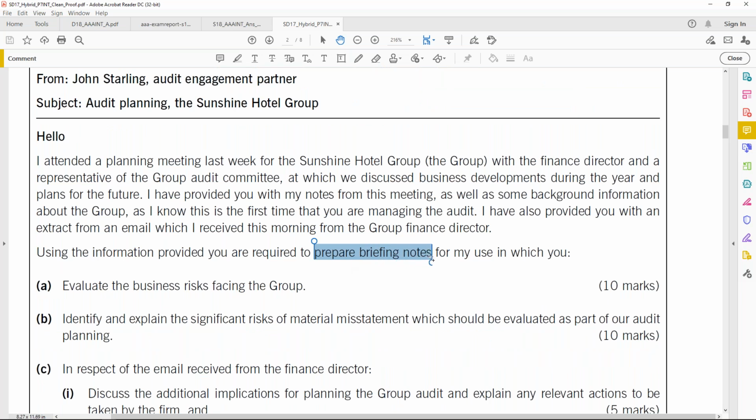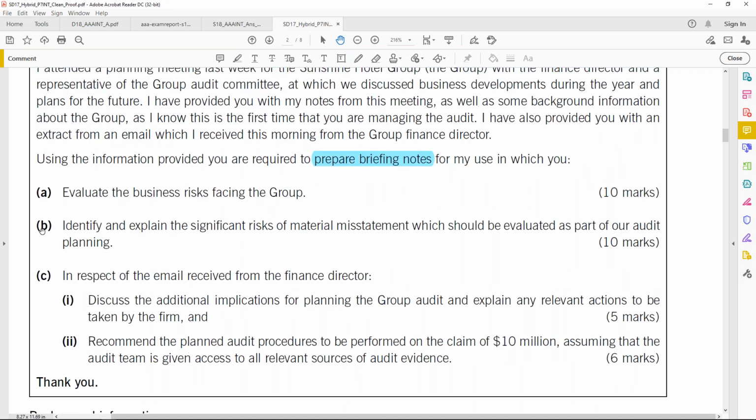All of you know that, right, from the class yesterday, that in question number one we need to prepare a briefing note, and the briefing note needs to be structured on the word processor. So let's first structure the briefing note. How many requirements do we need to do in a briefing note? A, B, C. Can you all see that? So three requirements to be fit in the briefing note.